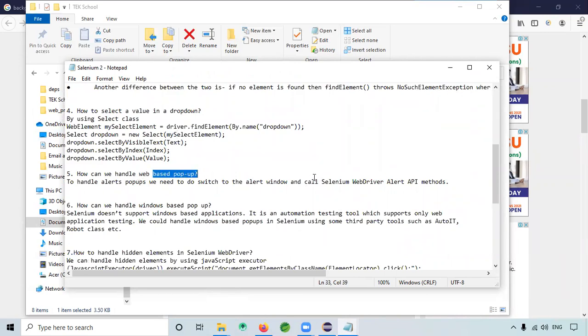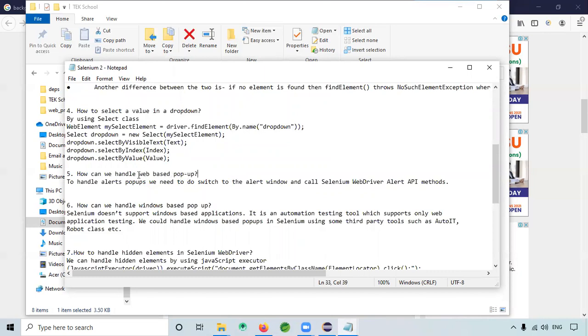I have explained to you one of the classes, like Alert class, I think. Yes, Alert class, and this is the old one. So to handle the alerts, what they're telling is switch to the alert window and all. That time I explained to you. If you go through that video, the old method is this one: switch to alert window. I explained there. If you go to the video on handling pop-ups,